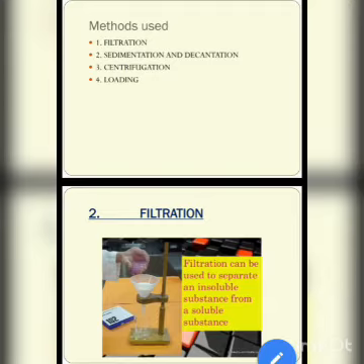Now we will start with the filtration method. As the name indicates, it includes the use of filters. The filtration method can be used to separate an insoluble substance from a liquid. And what filters can we use? We can use a piece of cotton as a filter, or a piece of cloth, or a piece of filter paper. We can also use charcoal as a filter, and glass wool also as a filter.